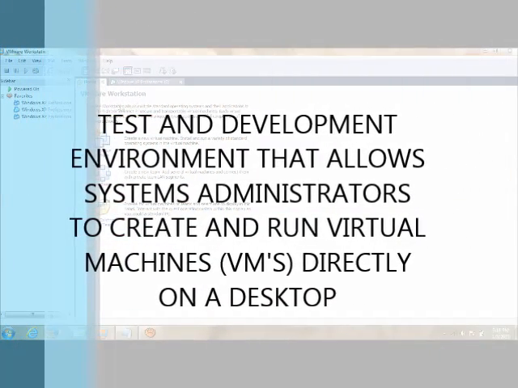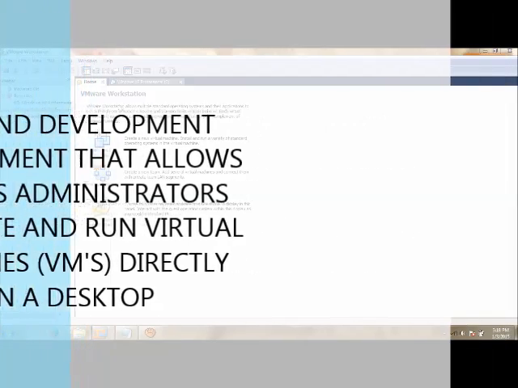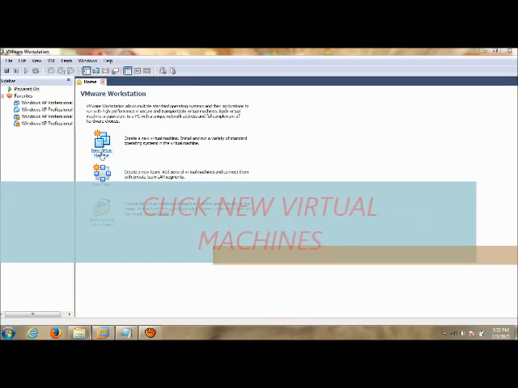VMware Workstation is a test and development environment that allows systems administrators to create and run virtual machines directly on a desktop. Workstation allows administrators to evaluate hypervisors and various operating systems and experiment with cloud computing without interfering with IT operations. Virtual machine,